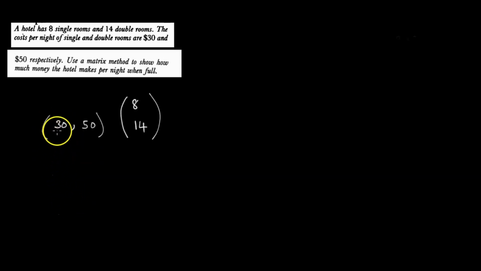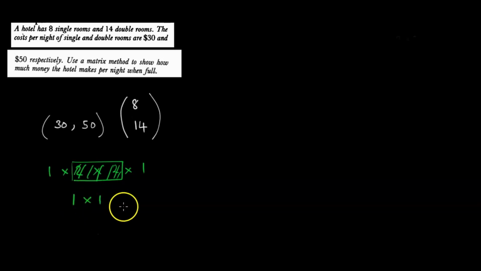Panapa, this is how many rows do we have? We have 1 row and 2 columns multiplying. Panapa, how many rows do we have? We have 2 rows and a single column. We put our box, cancel out zviri pakati. Our answer should be a 1 by 1.